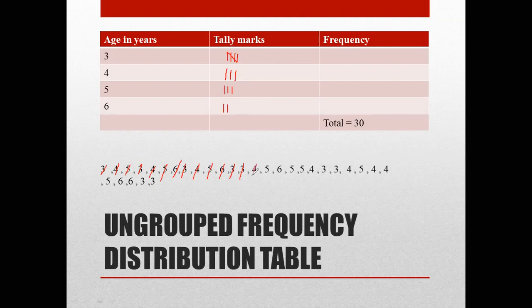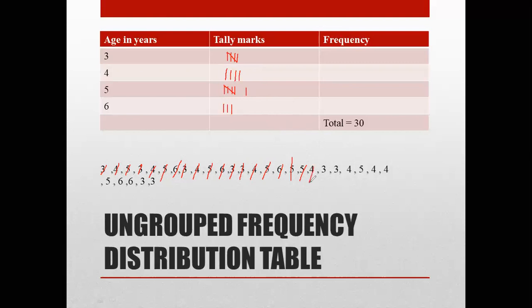Now 4, putting 1 tally mark in front of 4. 5, striking off 5, putting 1 tally mark in front of 5. 6, striking off 6, putting one tally mark in front of 6. 5, striking off 5. You can see over here it's 4 now. The fifth one you're going to put across like this. Now you'll start once again. 5, put once again tally mark. So it's a group of 5, then you have to start once again.